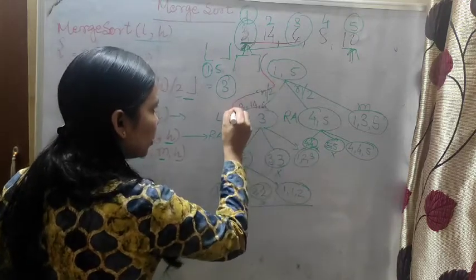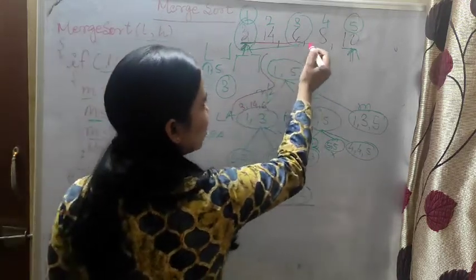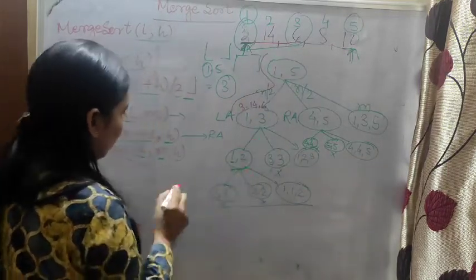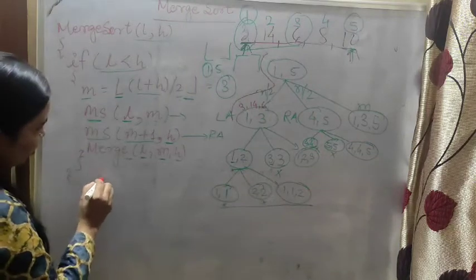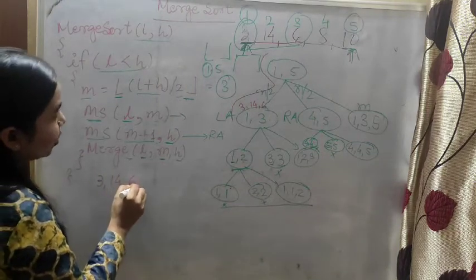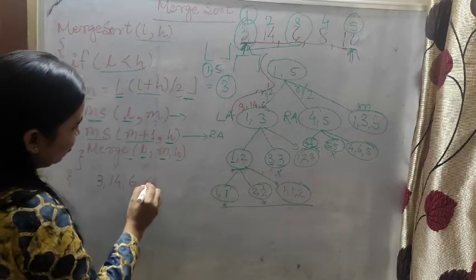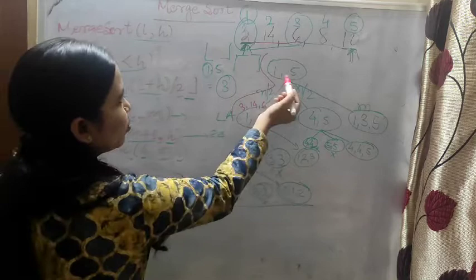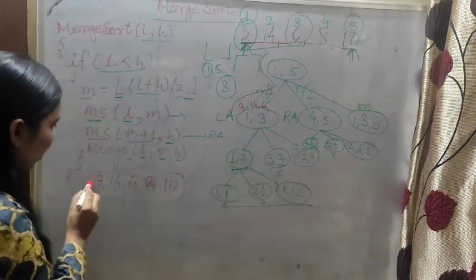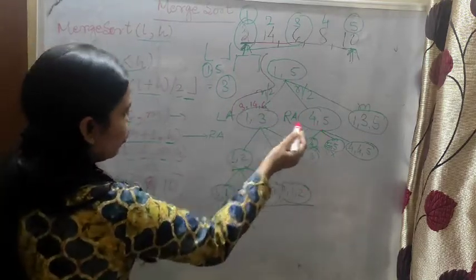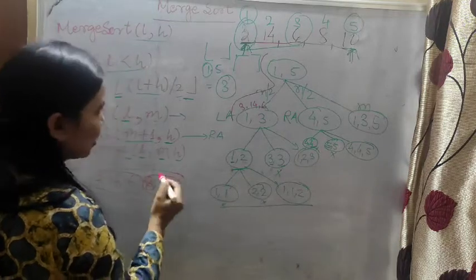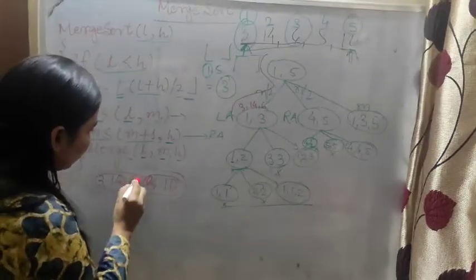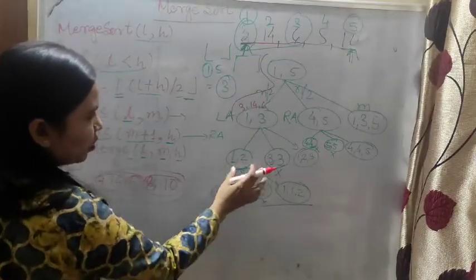Now you come to here, 1, 2, 3. 1 to 5 means all are selected. Then afterwards 1 to 3 means 3, 14, 16. Okay, I am taking the other. See, 3, 14, 6, 8 and then 10. First all the elements will come, that means 1 to 5. Then 1 to 3. Then 4 to 5. Then 1 to 2, these two. Then 3 to 3, this one. Okay, this part.